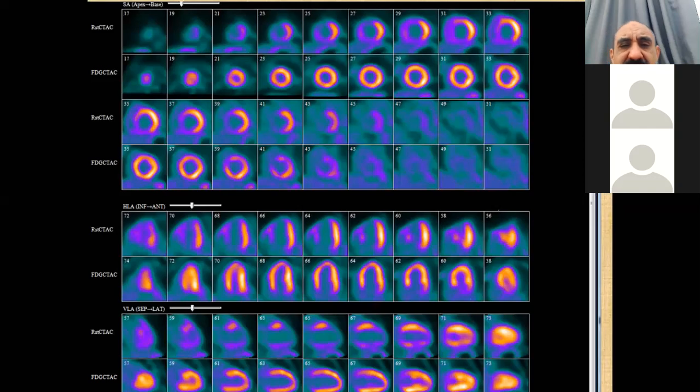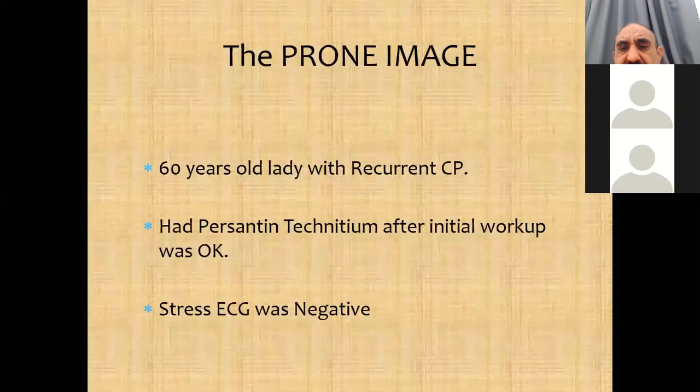So the bulk of the data on viability is all dated. But new data might come soon, and it might give credit to the new nuclear materials like rubidium or fluorodeoxyglucose. So this patient went for